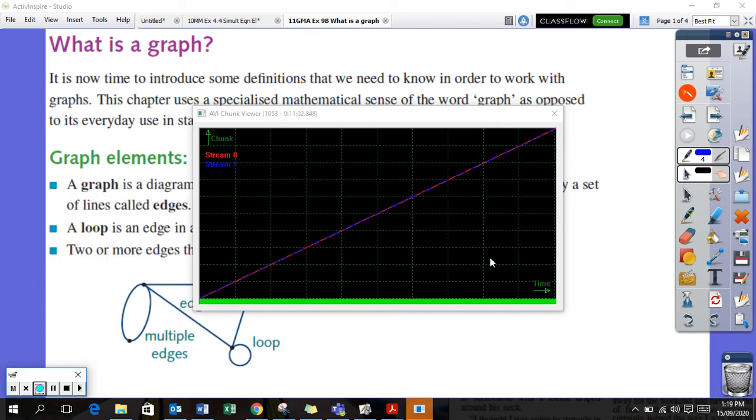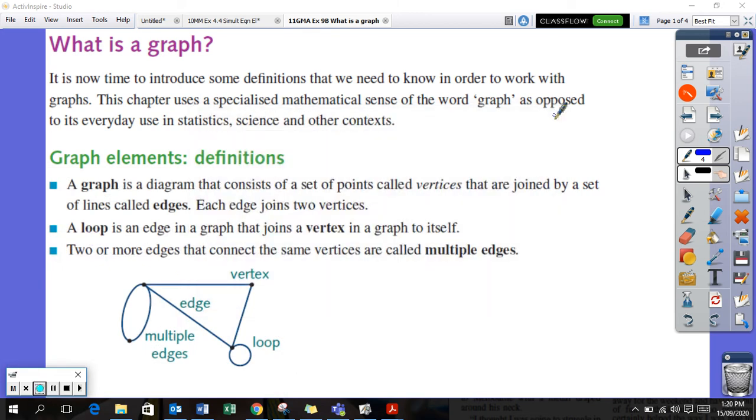Okay, so here we're going to look at what is a graph. So, what is a graph? A network is a graph. But what is a graph? What elements make up a graph? Okay, so it's only a very short little chapter, a little bit of work for you to do. The idea today is just to have an understanding of the elements of a graph or a network